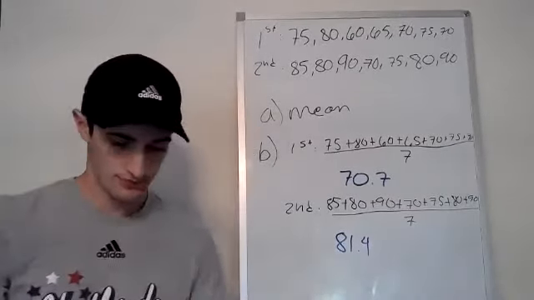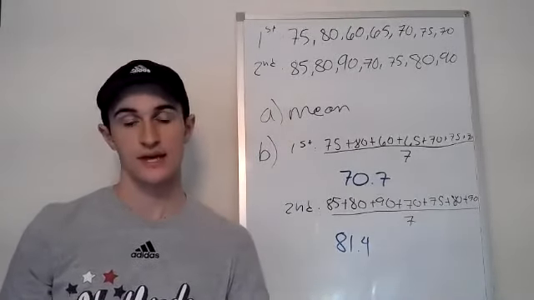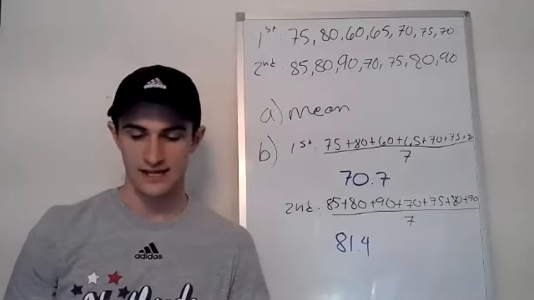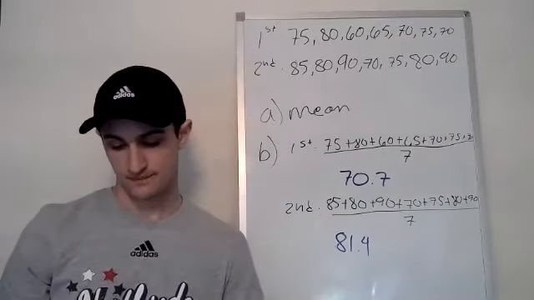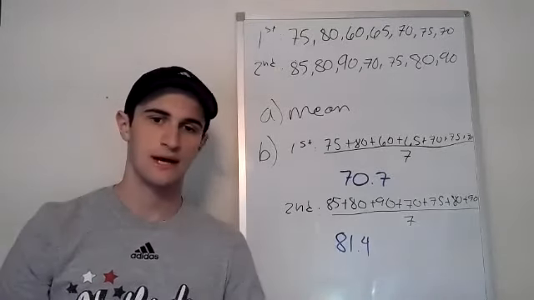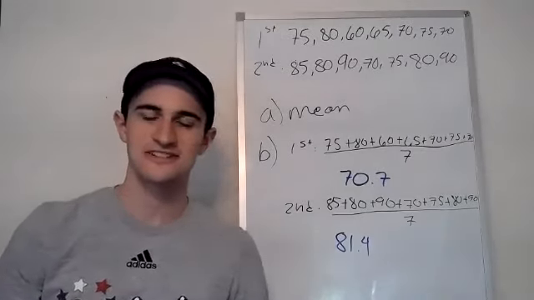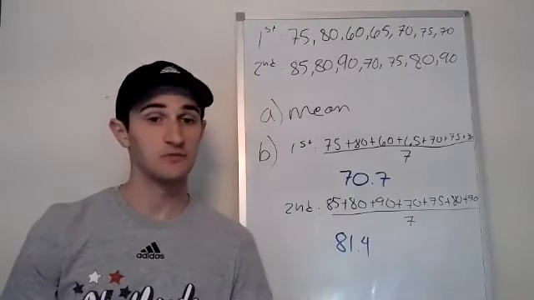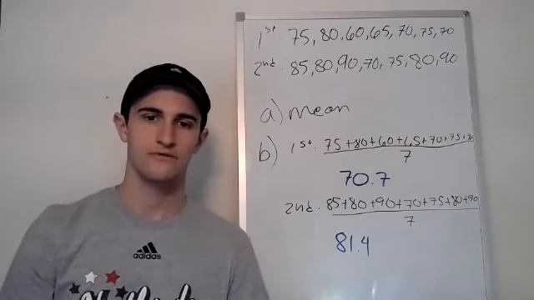So Example 1 had us find both. Example 2 had us find both. Example 3 is an example of how to compare 2 sets of data using the median. Example 4 is how to compare 2 sets of data using the mean. When it says compare, we're just comparing them. We don't have to write out a sentence. I'm not looking for a sentence or a paragraph of detailed comparison, like in English class, a compare and contrast kind of deal. We just need the numbers to show us that you know how to find both the median and the mean.